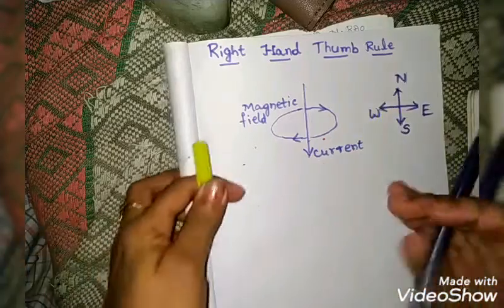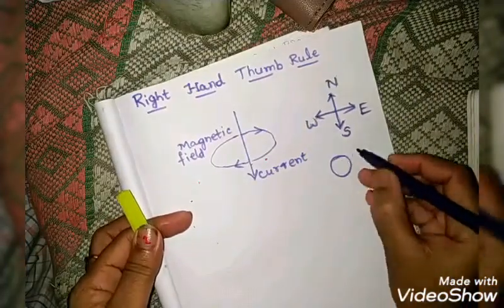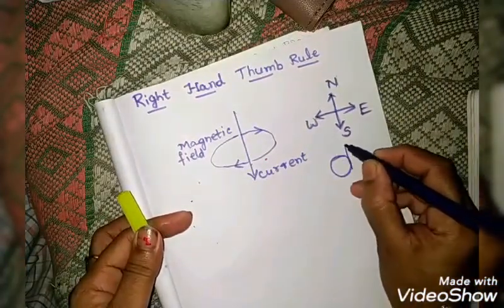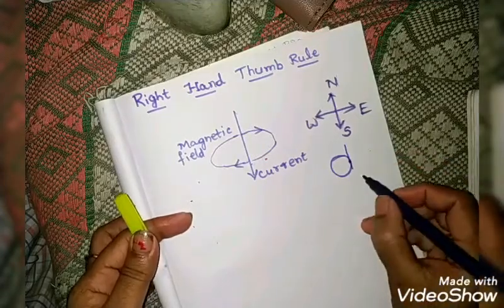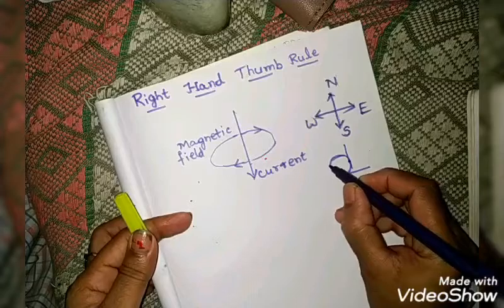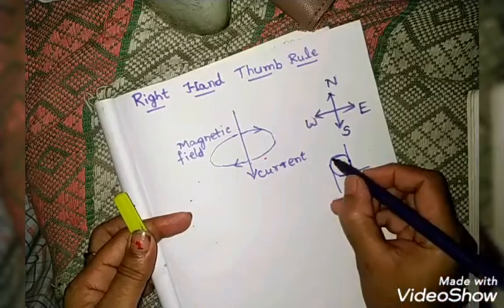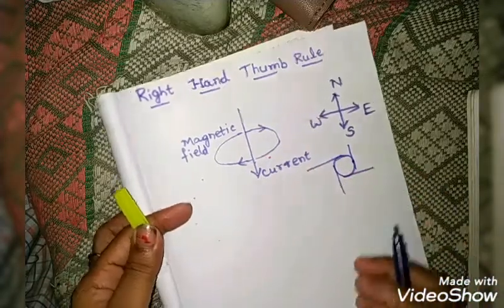The tangent will be like this, children. For a circle, if you are drawing a line which is touching the circle at one and only one point, that is known as a tangent. In this way also tangent. This is also tangent, like this. This also tangent. We can draw like this and show it.